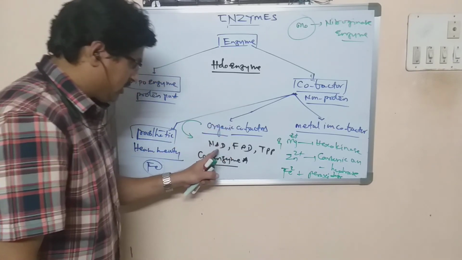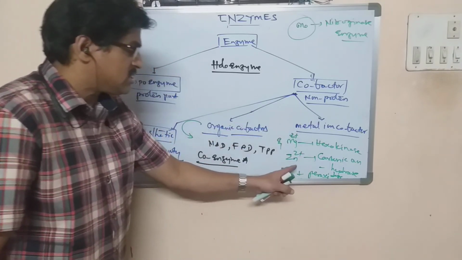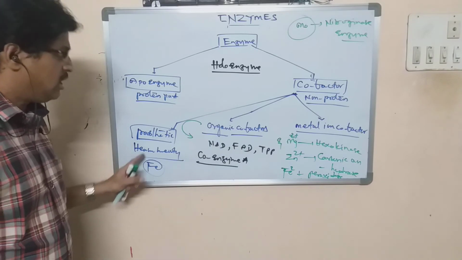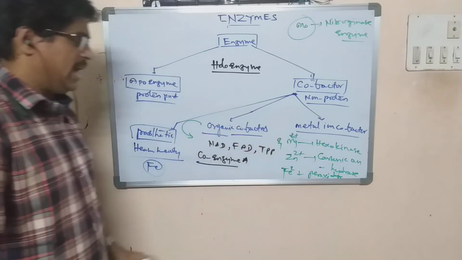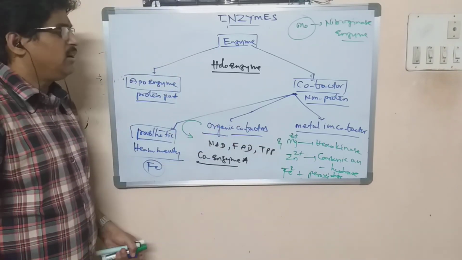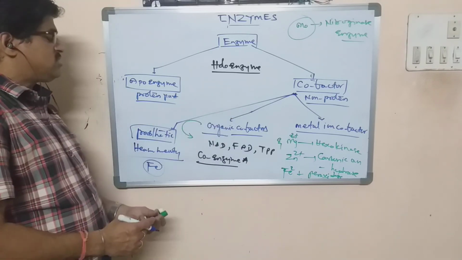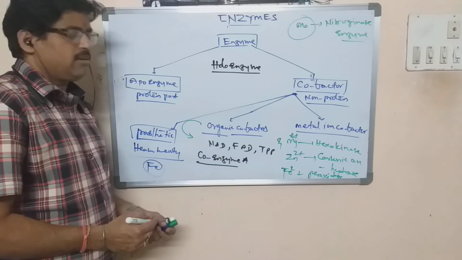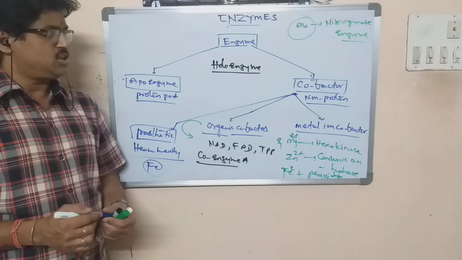And there are organic cofactors and metal ion cofactors like this. The non-protein parts are of three varieties: prosthetic groups, organic cofactors, and metal ion cofactors. So these are the varieties of enzymes which you will see, and these are the characters seen in this manner. Right, we will conclude. I conclude this session here today.